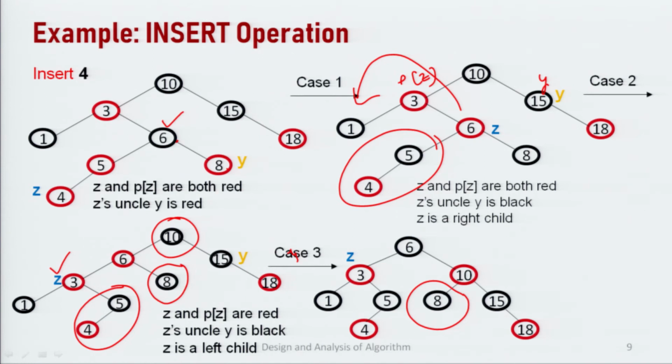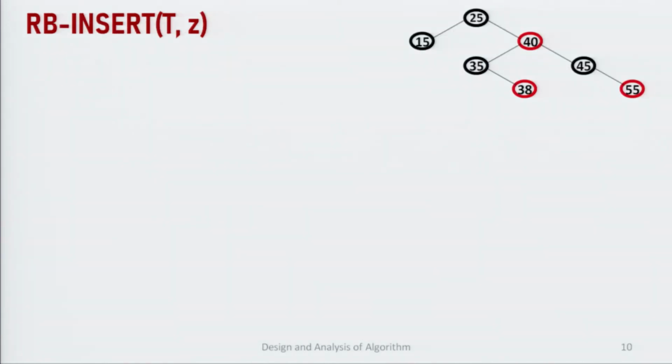Now, just see, this is your z, this is your parent of z. Now, the color of parent of z has become black. So, now basically what happens? This is the invalid condition for the while loop. So, now the control will come out from the while loop and this is your final red black tree. So, this is how you can perform the insert operations.